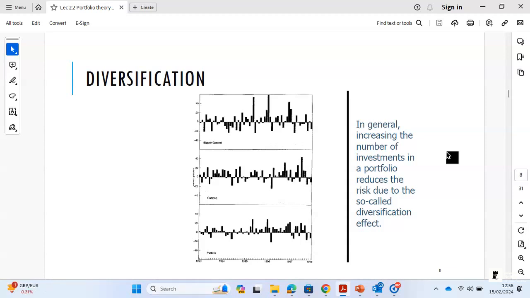So again, you see a lot of variation, right? These are returns of individual stocks. I call them stock one, stock two. And then we have this third one. What is this third one? This is simply a combination of stock one and stock two. Okay? So stock one has a lot more variability in returns. Stock two also has some variability in returns, probably not as much as stock one. But when you combine stock one and stock two together, you'll see that this variation in return goes down.